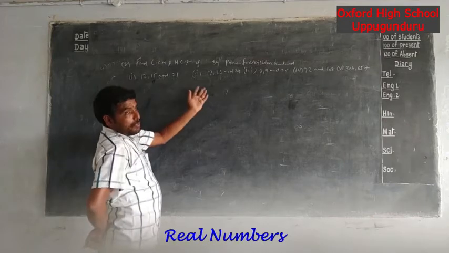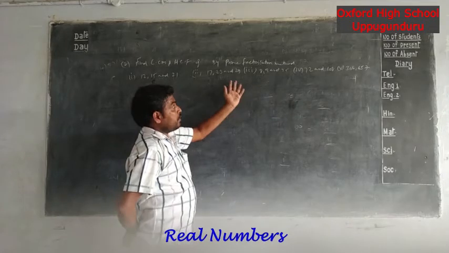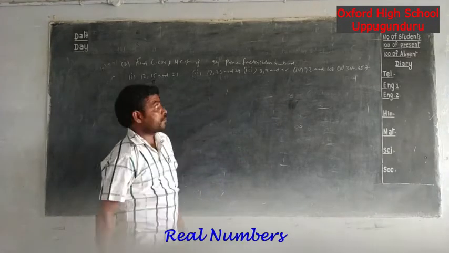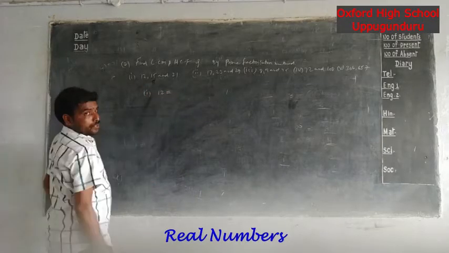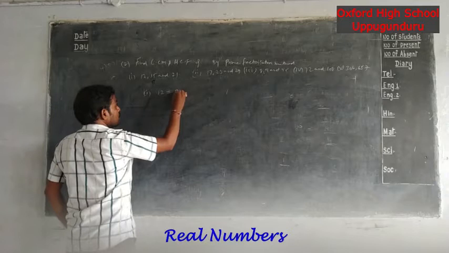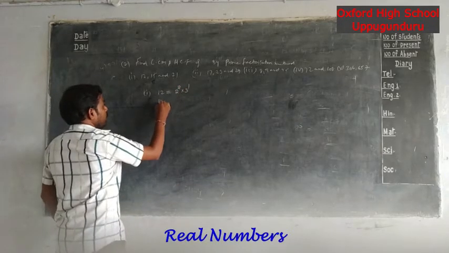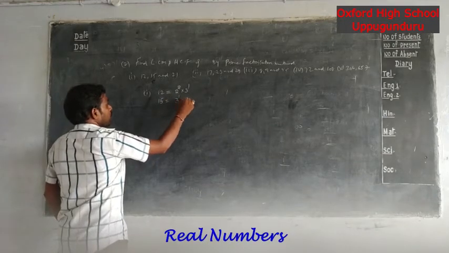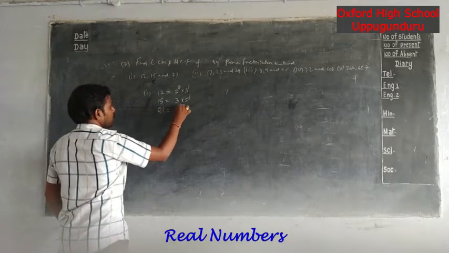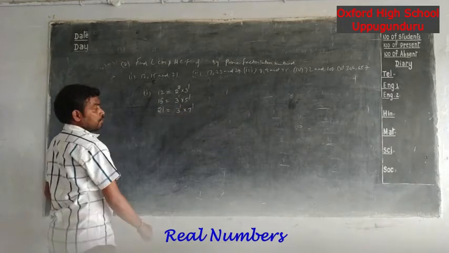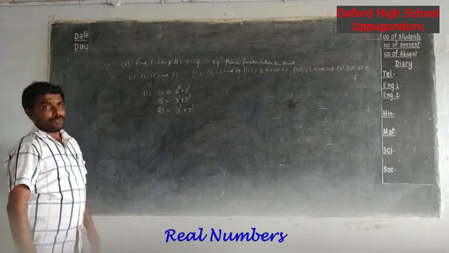So among these problems, how many problems they give? 5 problems. Any one or 3 problems I will tell you. Remaining problems, based on these you have to do the remaining problems. First one 12. Prime factorization of 12 equal to 2 square into 3 power 1. Now prime factorization of 15, 3 power 1 into 5 power 1. Now prime factorization of 21, 3 power 1 into 7 power 1. So these are the prime factorizations of 12, 15 and 21.